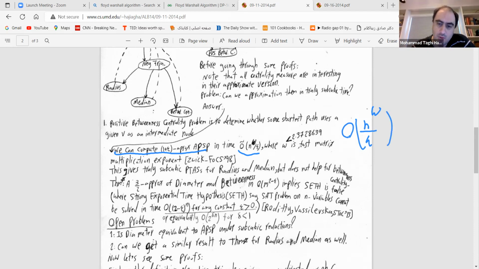What is omega? Omega is this number, 2.37 something like this. This is the best running time that we have for matrix multiplication. So if you have n by n matrices,